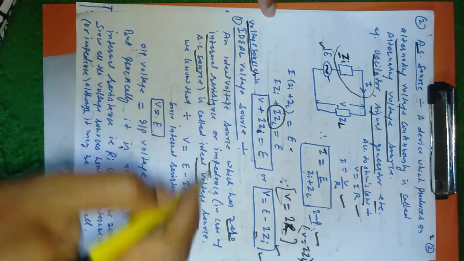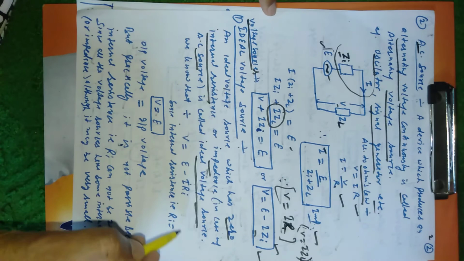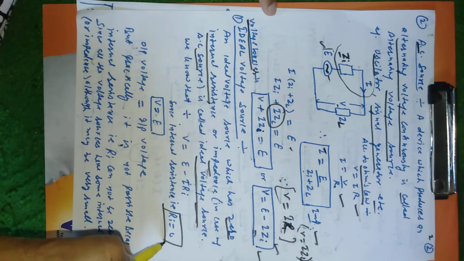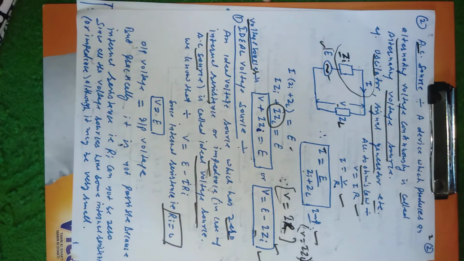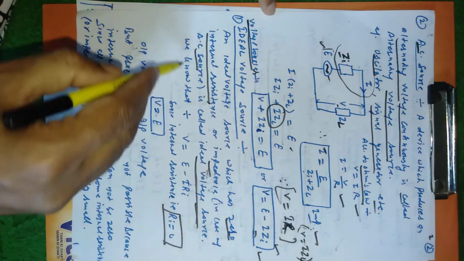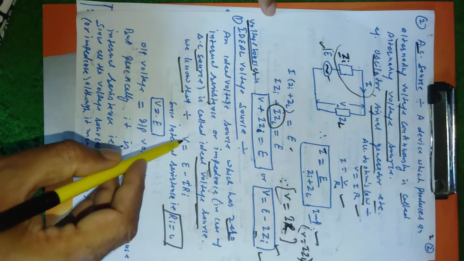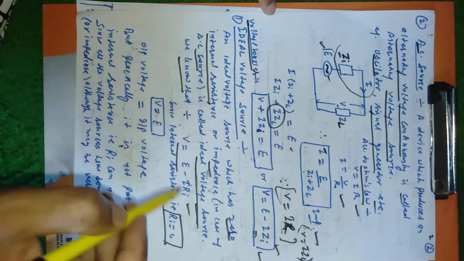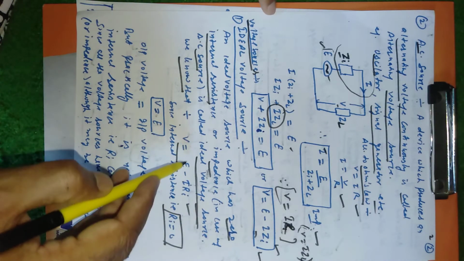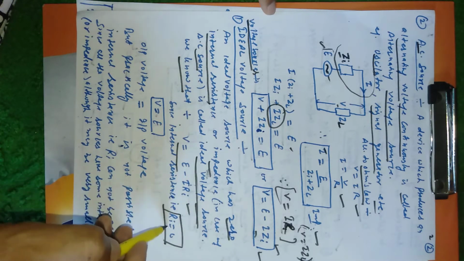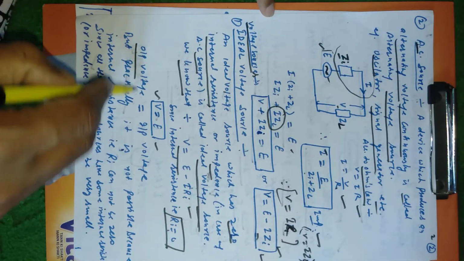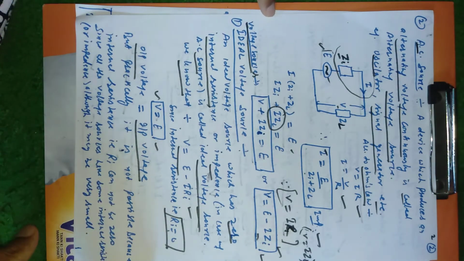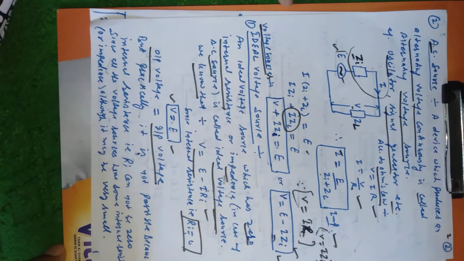A source in which the resistance value is zero is known as the ideal voltage source in case of DC, and impedance in case of AC circuits. So we know that we have calculated V is equal to E minus IRi, for the DC source. Where Ri is equal to 0, so output voltage is equal to the input voltage. Output voltage is equal to the input voltage, that is the condition of the ideal voltage source.